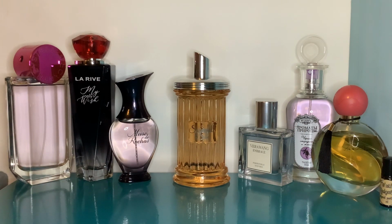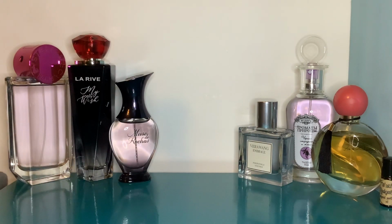It's the Baccarat Rouge profile. It just smells like a very gingery Baccarat Rouge. And just to add insult to injury, not only does it smell like Baccarat Rouge or Cloud, it also has that synthetic wood note that smells like tar. So this is utterly unwearable for me. I can't even deal with the smell of it from the cap,